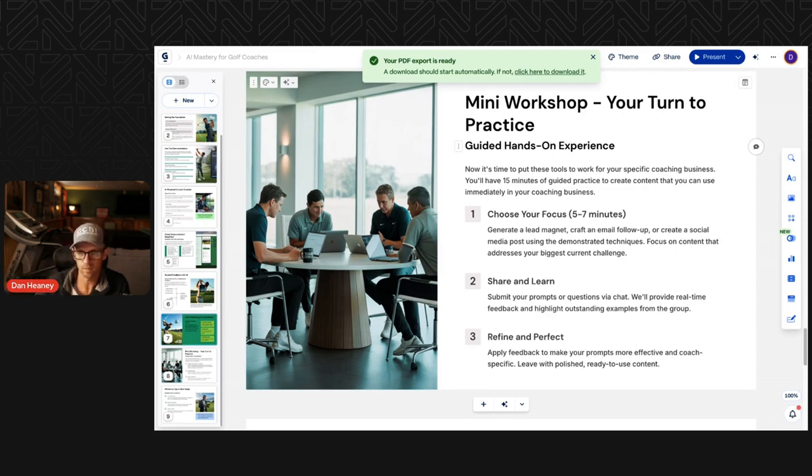We already talked about the email, we talked about the social media, but actually producing content that your clients would actually find useful, whether that is workbooks, guides, statistic tracking sheets, whatever you need to produce to help your students get better, you can produce that pretty fast using AI.